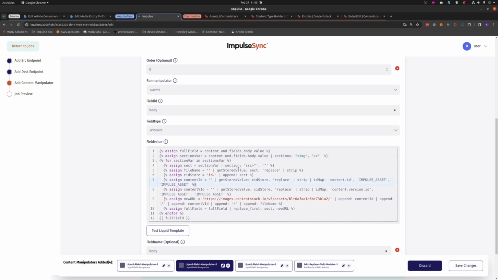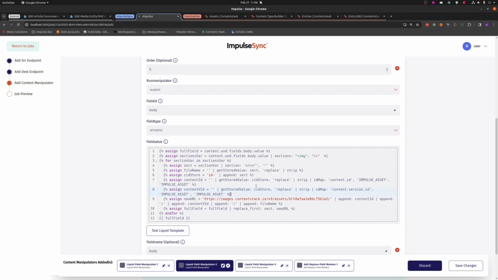So what we're going to do is use a liquid template that will iterate through every image source, take the value, and based on that old URL from the current image source, which points to our original source system, we're going to search our storage for the ID of the new content, as well as the new URL necessary. Remember, because we stored these values when we